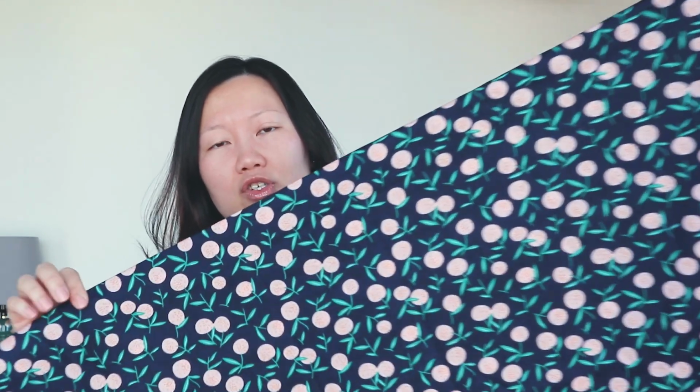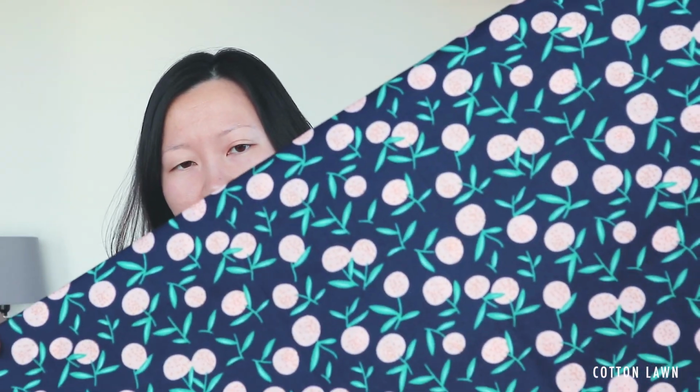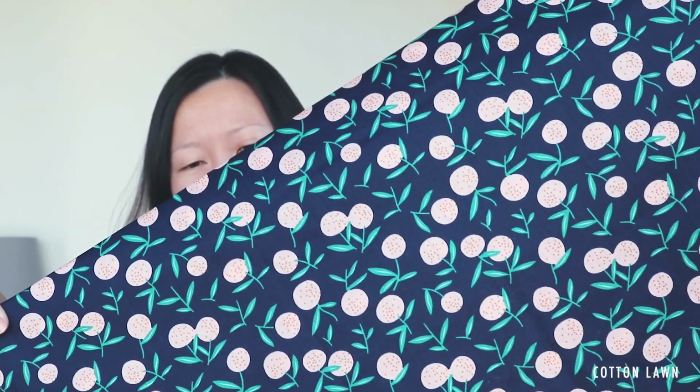And then lastly, this caught my eye, and I don't usually sew with this kind of fabric. I want to say this is probably cotton lawn or cotton poplin. Online they just list it as 100% cotton, but don't we just love this print? This is called, I think, Playtime Kumquat, and I believe it's just the name that Dress Sew had given it. There's 2 colorways, but this one really stood out to me. It's quite a lightweight fabric, again, perfect for summer, and I think I'm going to make a